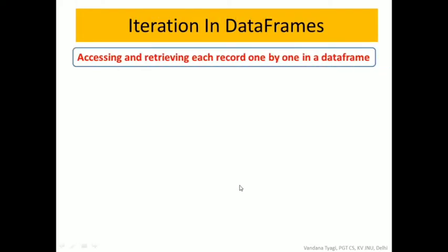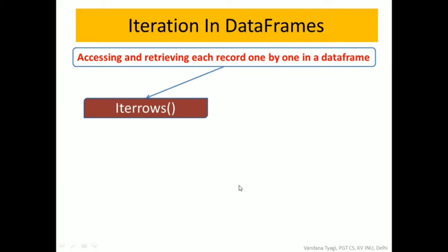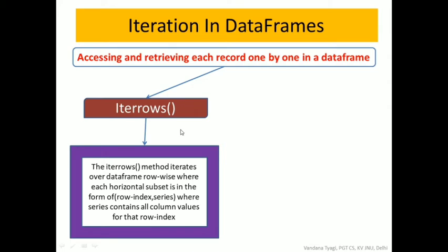Iteration means accessing or retrieving each record one by one. So either we are using it row wise or column wise. For row wise there is a function given to us, iterrows. This function iterates over the data frame row wise.